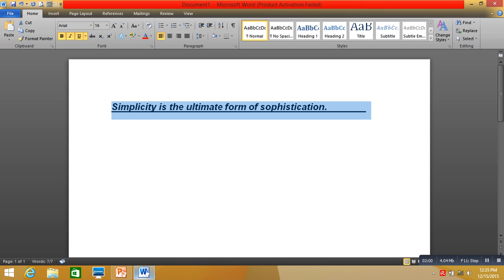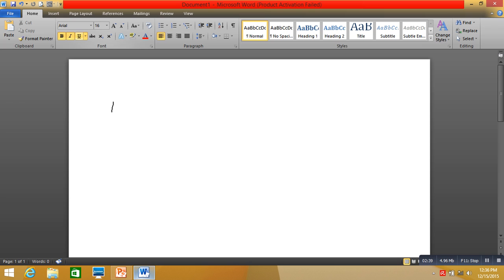Then if you don't like the text, simply delete it. But how? First, place the insertion point next to the text you want to delete. Then go to the backspace key on your keyboard to delete text. That's it. But if you want the whole text to be deleted, just highlight it and then press the backspace key. So now you have learned how to insert and delete text.